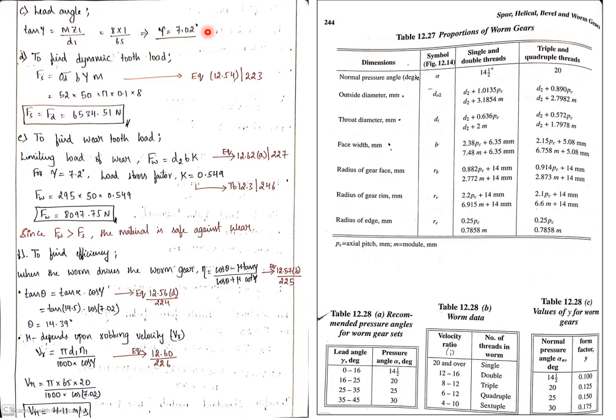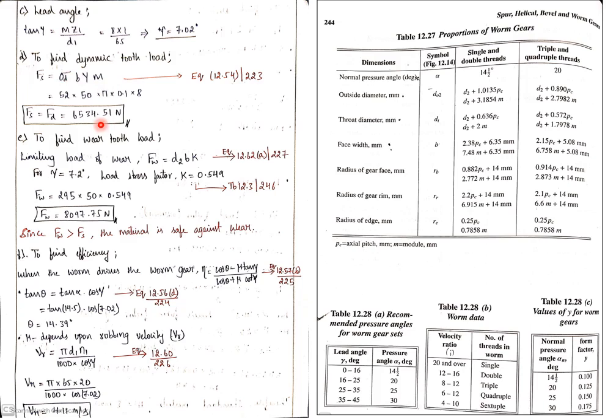Okay guys, the next thing is to calculate the dynamic tooth load, that is dynamic strength. In a previous page we will get the dynamic load formula. From there you can take it. So sigma d we have to take with respect to the worm gear, that is sigma d2. This is a very important step. Then b you know, y you know, m you know, just substitute and we will get the strength.